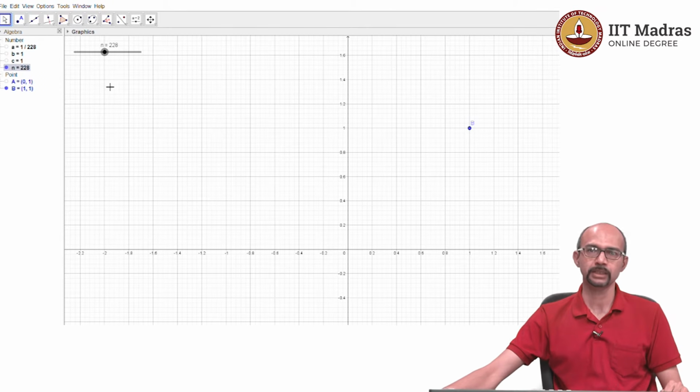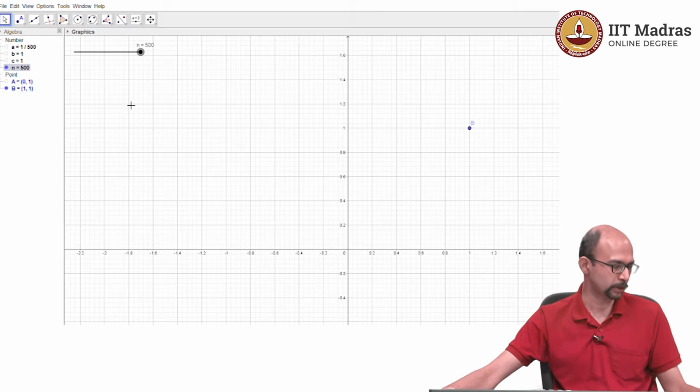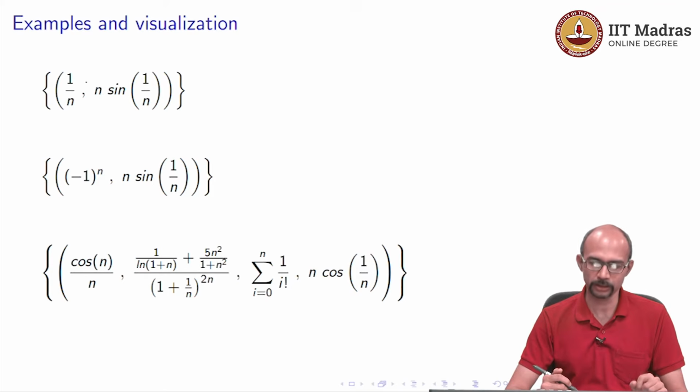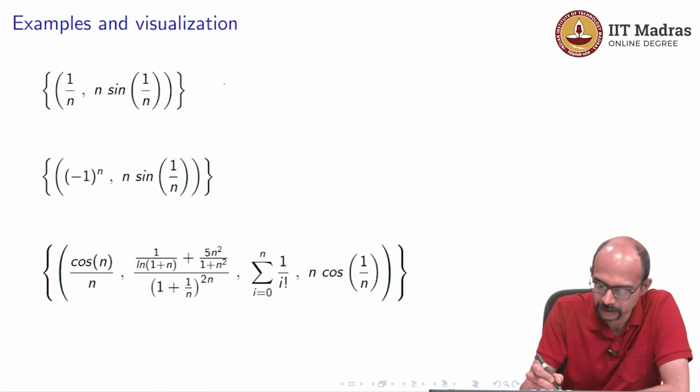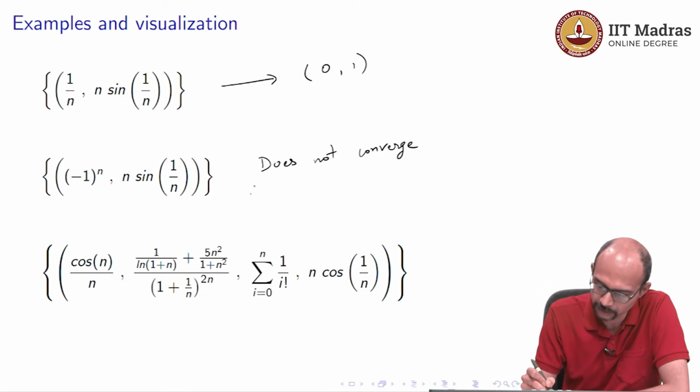And so, we know that this sequence is not going to converge. It does not come close to any vector in R2. So, this sequence will not converge. If I play this on, you will see it is still oscillating between (minus 1, 1) and (1, 1). And we knew that already, as I explained, because (minus 1)^n oscillates. So, in other words, the first one does converge, and it converges to (0, 1). We saw this graphically also. This one does not converge, or this limit does not exist.